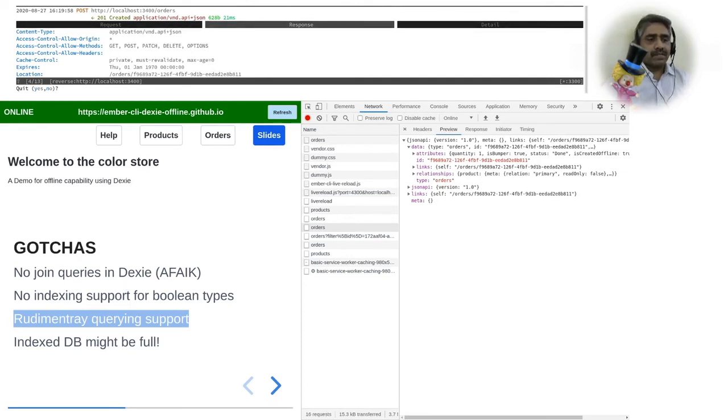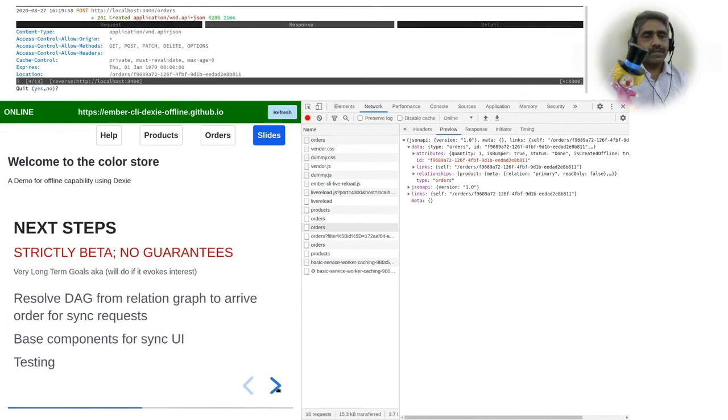And then last but not the least, the IndexedDB itself can be full and the data can be claimed by the browser anytime without the user giving consent or without the user having any control over it. So this is not a production fail-safe mechanism for storing the data. This is the best possible way that you can store the data. So the user has to always be informed that the data can be lost anytime. So either he has to be careful in building up the data offline, or he has to make sure that he syncs back the app as soon as possible to save the data on the server.